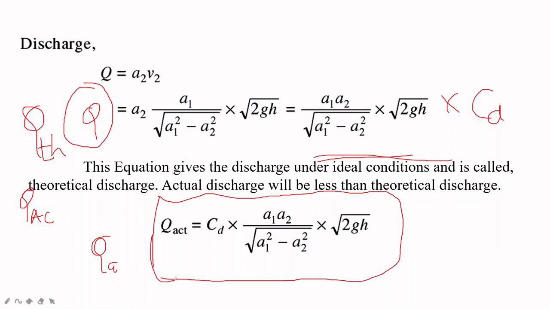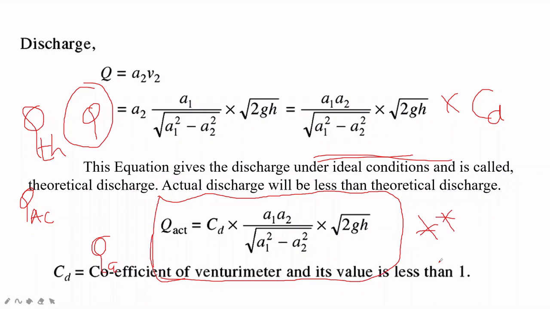Whenever we have a question based on the Venturimeter, we will use this formula, that is Q actual is equal to CD into A1 into A2 divided by root of A1 square minus A2 square into root 2GH. So this is the formula we use for problems based on the Venturimeter. Here a question arises about the value of H. The value of H is given by the differential U-tube manometer, and